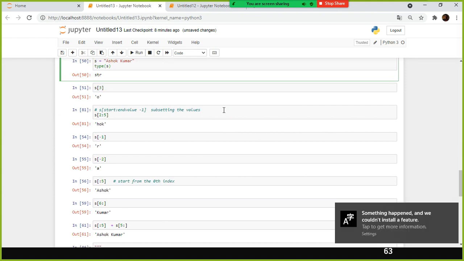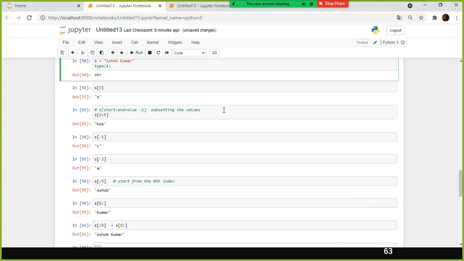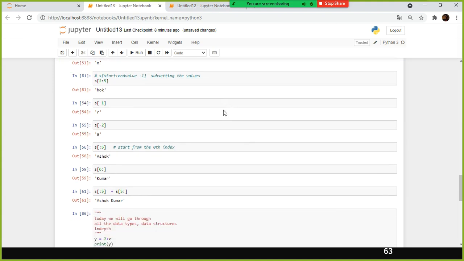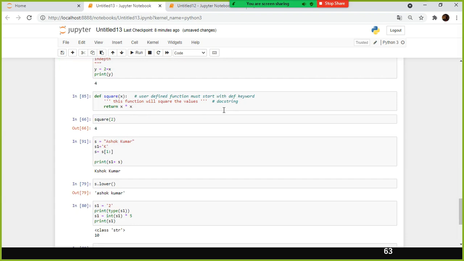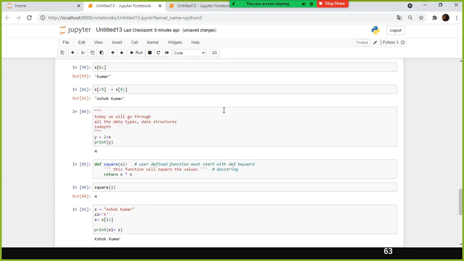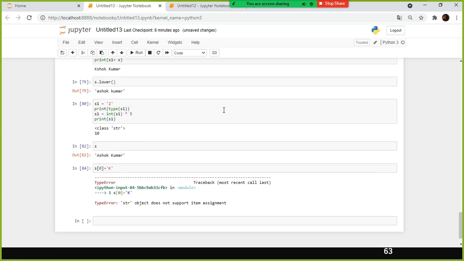Now you understood how to define a string variable, string data, and how to check the data type using type, right? How to slice or subset the specific values from a string value, and then how to update the value.